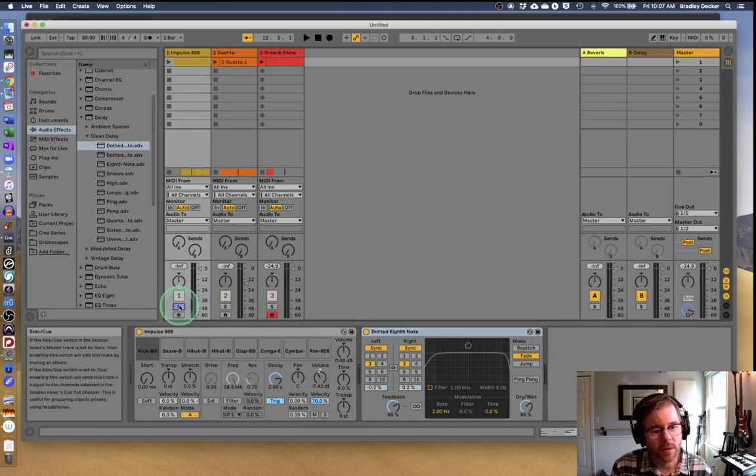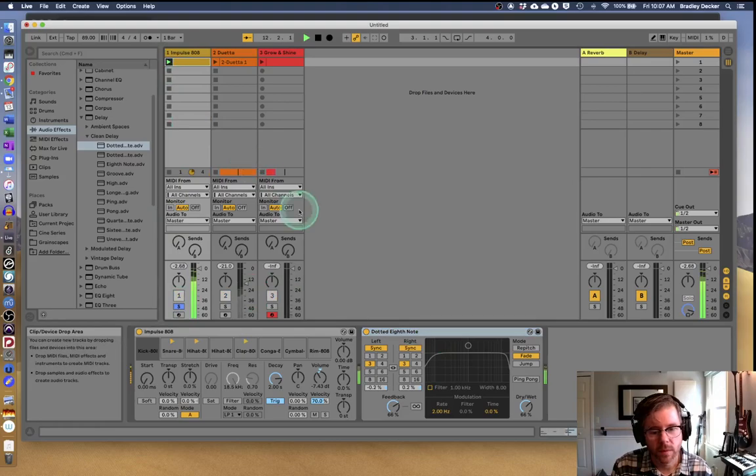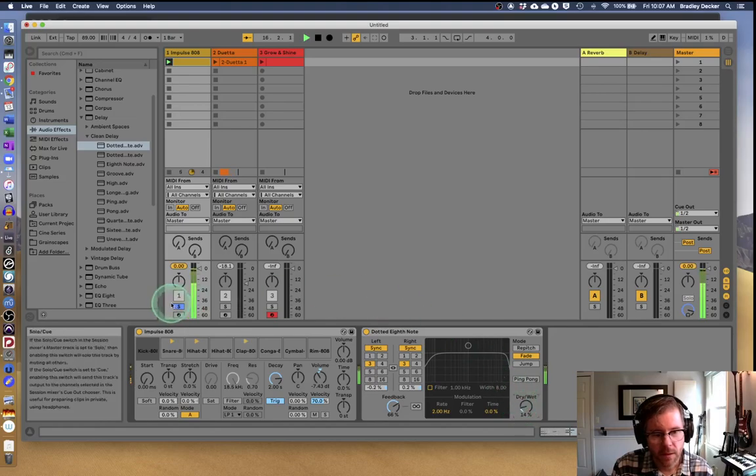So if I solo this, play my loop, you can control the amount of dry-wet mix down here. And if I want to hear how it plays with everything else,